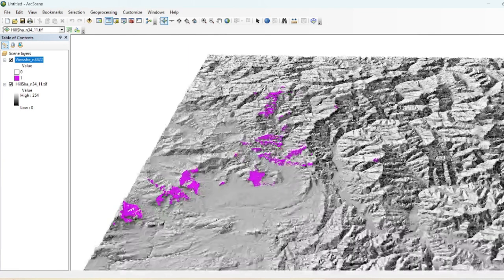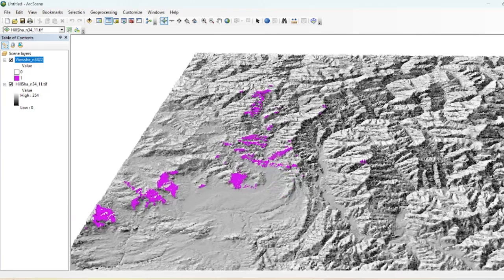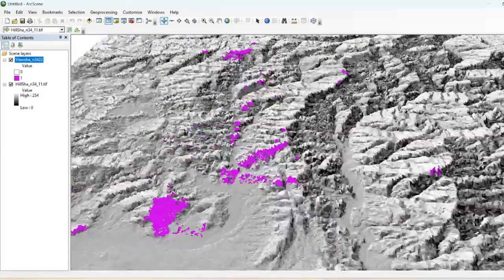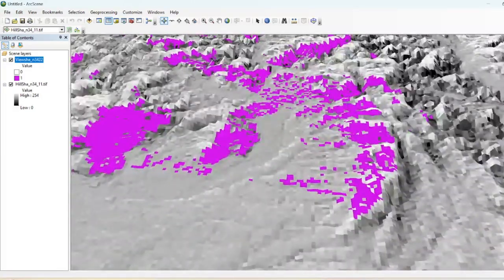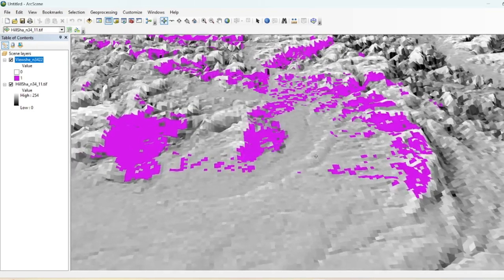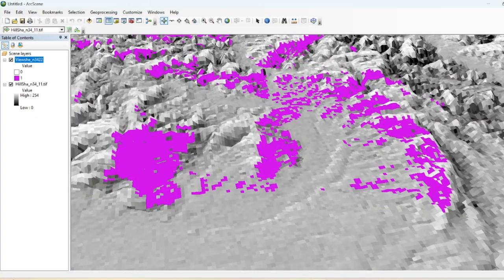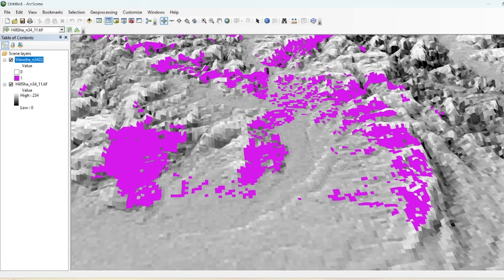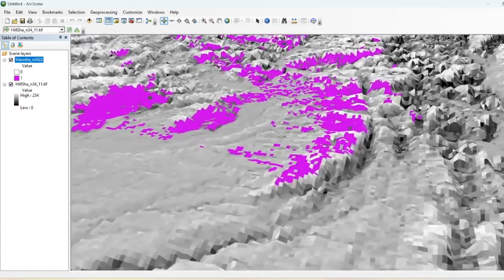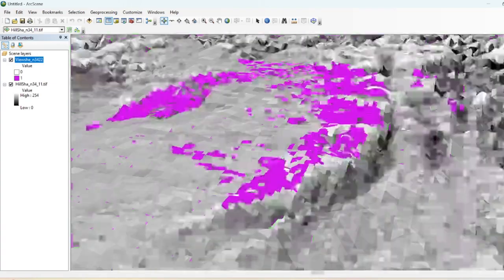Okay, so now you can see that if a man stands right over here, I think, or over here, then this is a ridge in front of it, and he can't see what is around this ridge, but he can see the slope of this hill, but he can't see what is beside this hill.